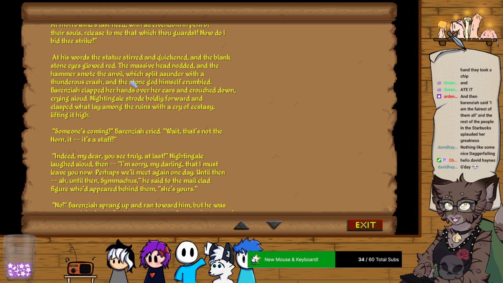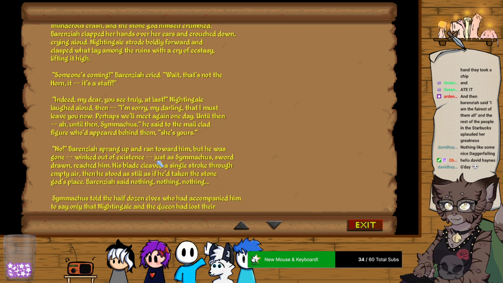"Someone's coming!" Baronziah cried. "Wait, that's not the horn! It's a staff!" "Indeed, my dear. You see truly at last." Nightingale laughed aloud, then... "Good day. I'm sorry, my darling, but I must leave you now. Perhaps we'll meet again one day. Until then,